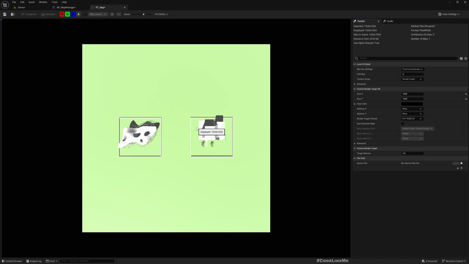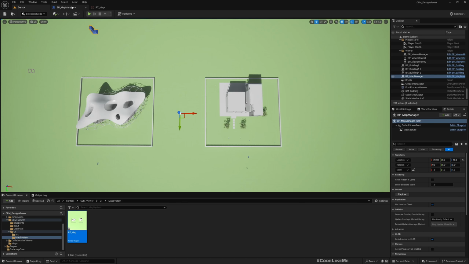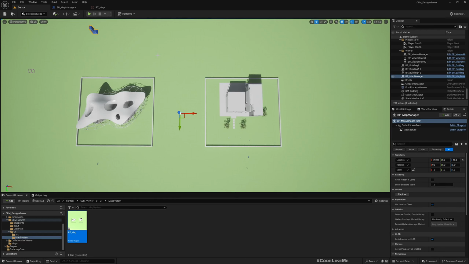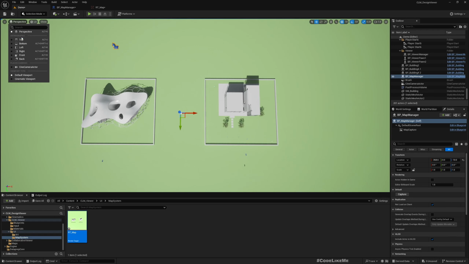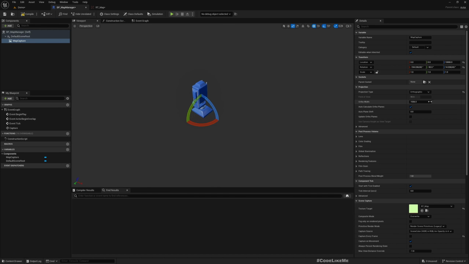When we want to put things like icons on the map, it will be harder for us to do the calculations. So I'll change this to orthographic, and if I go to top view here, roughly I would need a size like this, let's say 14,000 units. So I'll set the ortho width to 14,000,